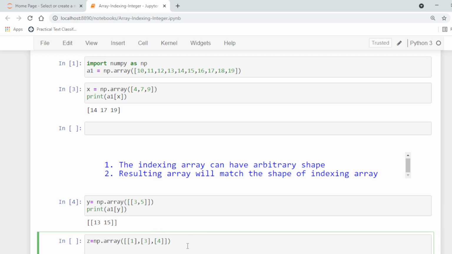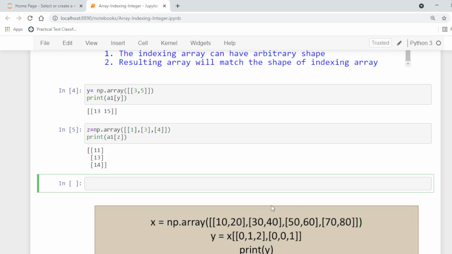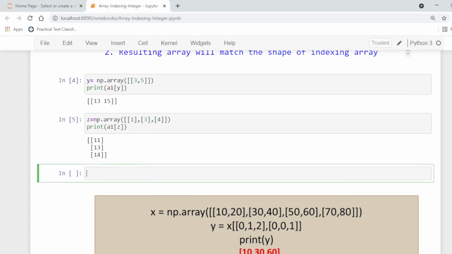Now using this array as a subscript for the above array A1, we will get the following. Here we have 3 values, because 11 is stored at index 1, 13 at index 3 and 14 at index 4, but the resulting array is a two-dimensional array. So it will always match the shape of the indexing array.